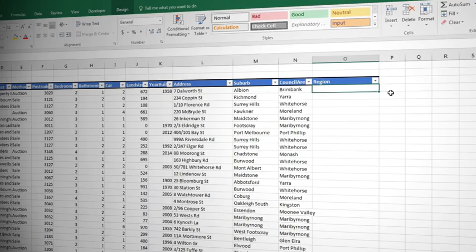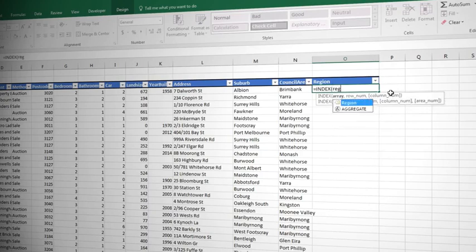We're going to start off by typing equals INDEX, and you may remember this from the previous course. The first thing the INDEX wants is what array we want to look up. Now if we hadn't named our range, we would have to click into the next worksheet and select the entire array. But by naming our range, we're not only making it less error prone to create the calculation, but we also make the calculation easier to understand for ourselves and other users. So we're actually going to be looking this up in our region, and I'm going to select that